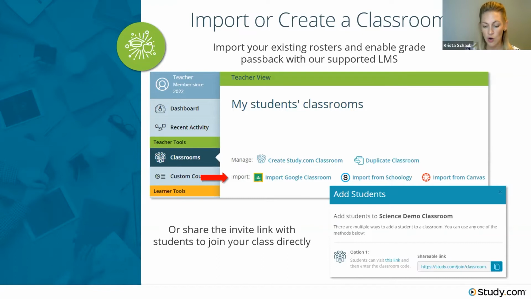So I think it's important to note that beyond our teacher plans, we work directly with schools to purchase on behalf of teachers so that all teachers and all students within a school can have access to everything that Study.com has to offer. That comes with a deeper integration and a lot of extra bells and whistles, as well as support from our client success team and training for teachers, really to ensure that it's implemented with fidelity within the school. If that's something you or your school might be interested in, work with your sales manager and they can get you more information.